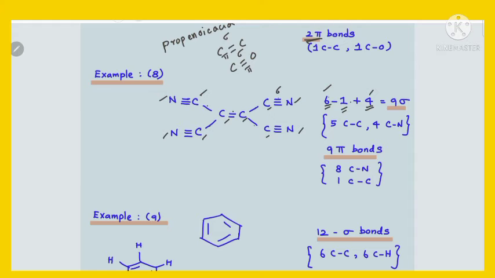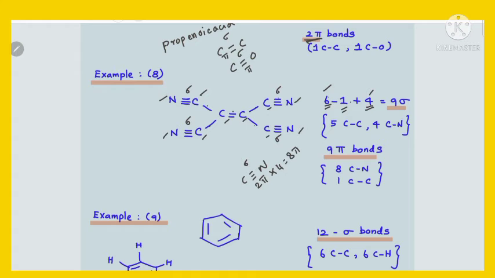4 are between carbon and nitrogen. Here in the triple bond, 1 is a sigma bond, isn't it? In all the triple bonds, 1 bond is a sigma bond. So there are 4 sigma bonds between carbon and nitrogen. Totally 9 sigma bonds. Then pi bonds. So you have C triple bond N, isn't it? In this, one is a sigma bond, the other two are pi bonds. So in each CN group there are 2 pi bonds. Totally there are 4 CN groups. 4 into 2, 8 pi bonds. In the CN groups themselves there are 8 pi bonds.